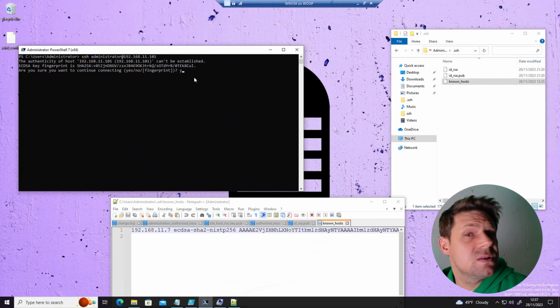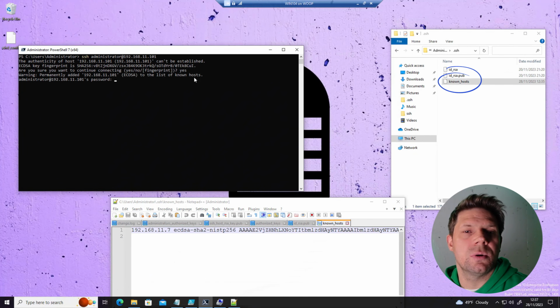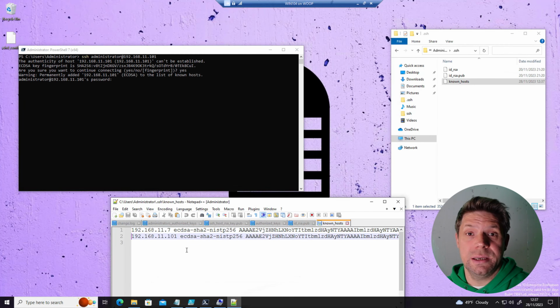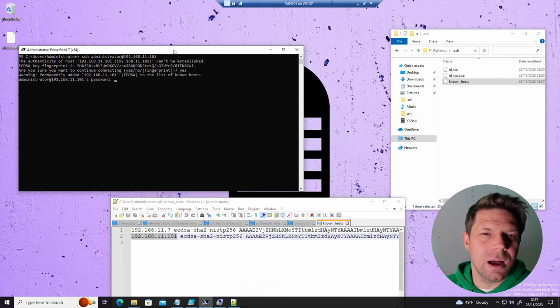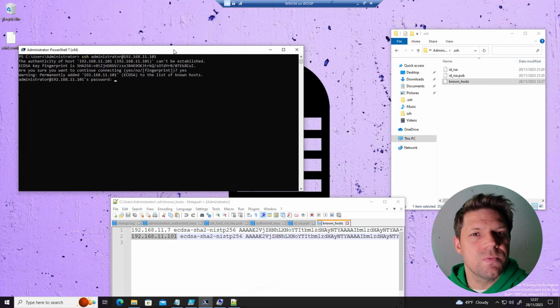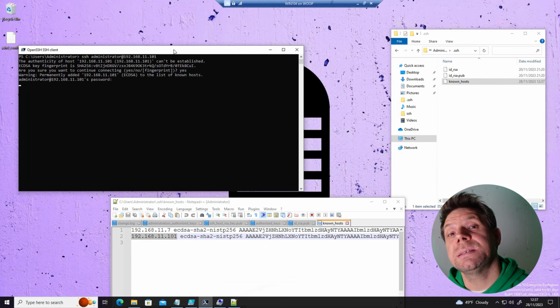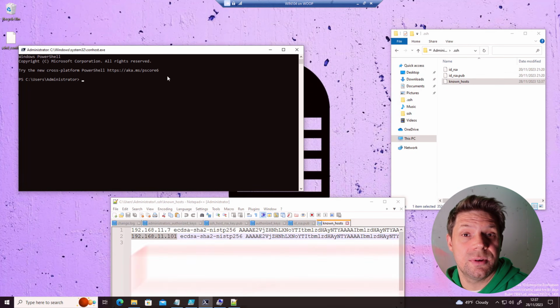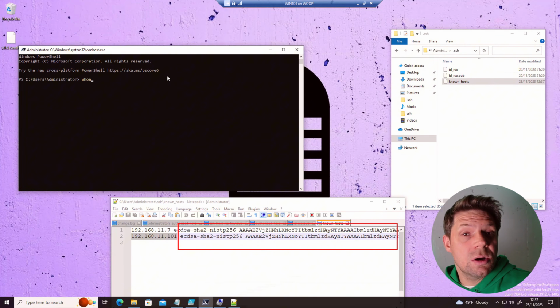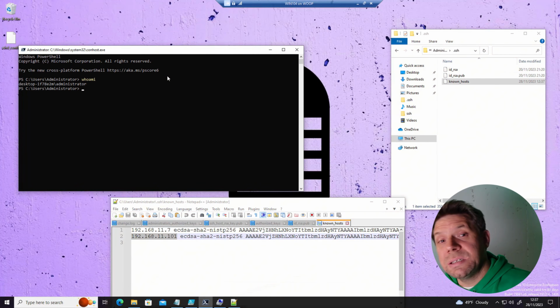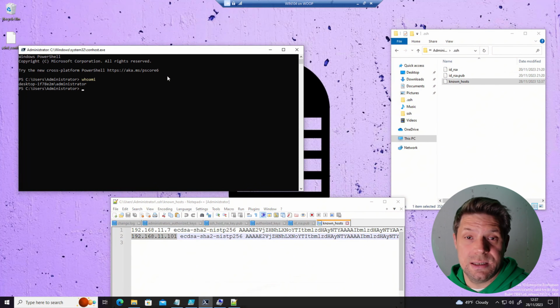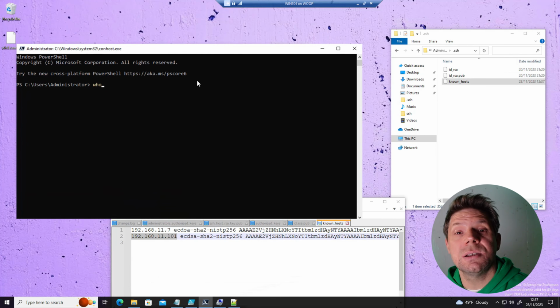If we say yes, the fingerprint will be added to our known host list. The known host is actually just like the trusted host, but instead of writing down the IP address or computer name, it will add the SSH key fingerprint. You can see that we are connected now on the system using raw SSH, and we are actually using a